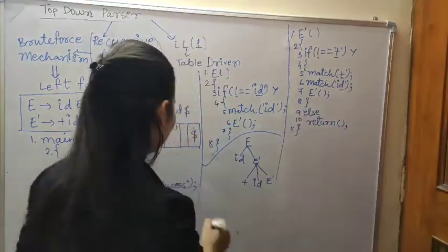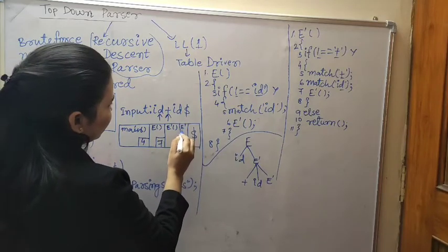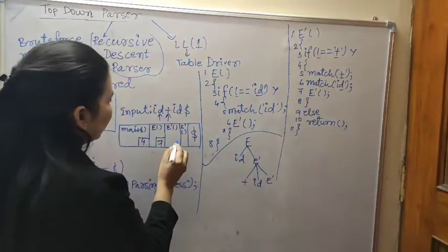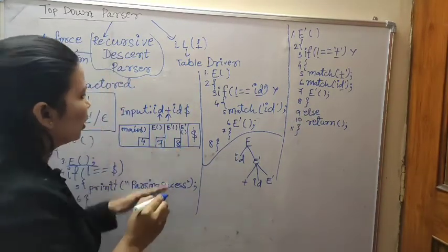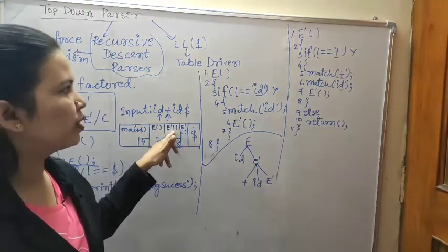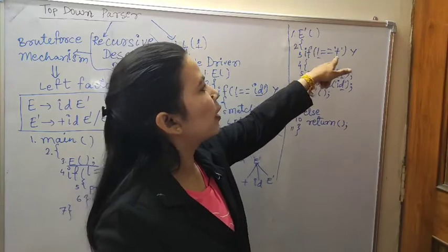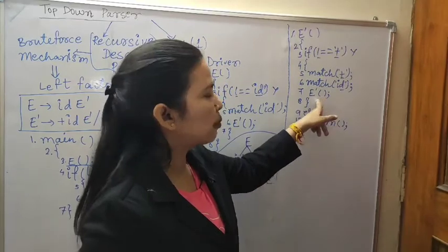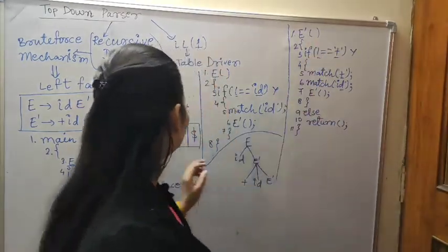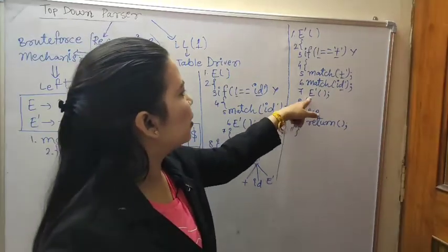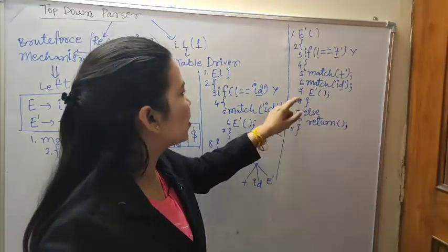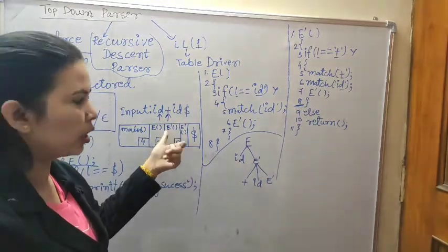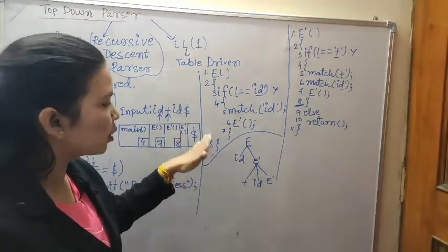Again we are calling the E dash function. Write down E dash function. When we call E dash, what is the next number? 8th. Here you have to write the 8th number line. Why? Because we first called the E dash function, checked the look ahead, and yes, it matched. So we print plus and id. Afterwards we go again to the E dash function, so we write E dash function. And the next is what? Close braces, that is the 8th number line. So at the 8th number line we come back from these functions, because this E dash was called first, and this E dash was called afterwards.